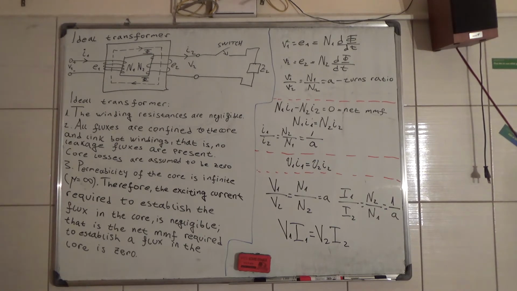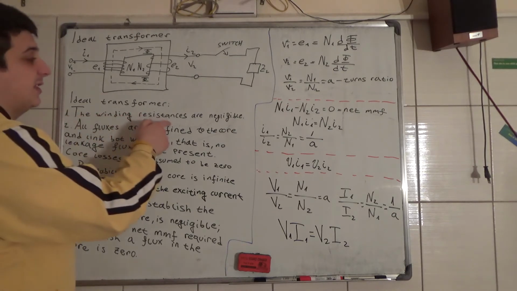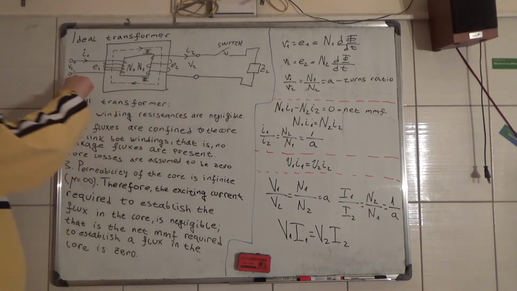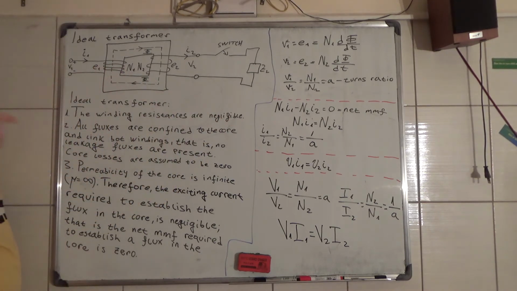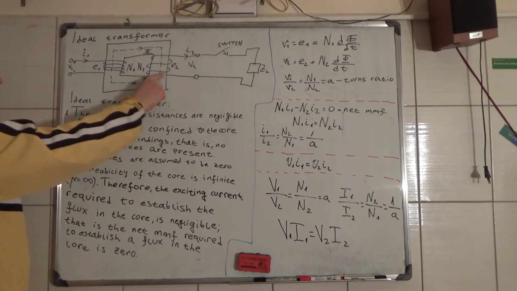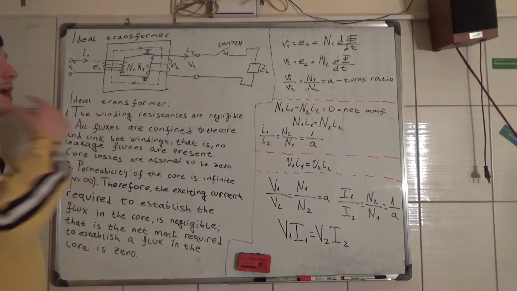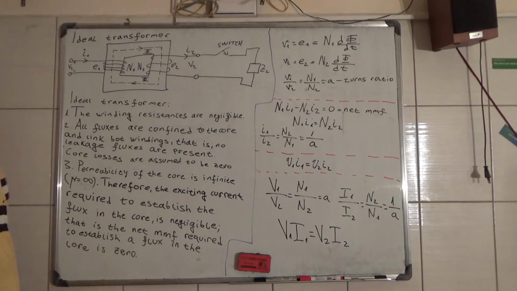Now the first characteristic is that the winding resistances are negligible. So this has a resistance of 0, and also this one has a resistance of 0. You know that every conductor has some resistance, but in an ideal situation, for an ideal transformer, it is negligible. Now, second,